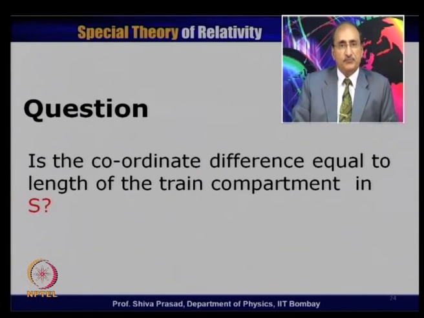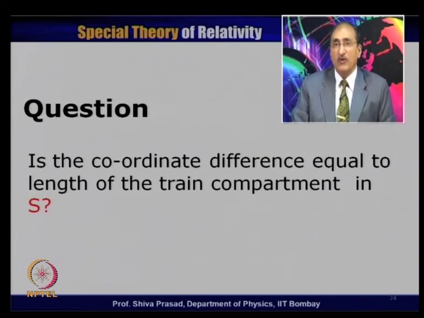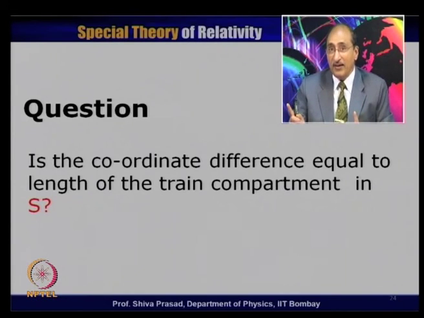I have another question. Is the coordinate difference that we have calculated, x2 minus x1, equal to the length of the compartment in S? I think one should be able to give a quick answer that no, it cannot be. The reason is that these two events, though they occurred at two different ends of the compartment, occurred while the compartment was moving, and unless these two events occurred in S at the same time, x2 minus x1